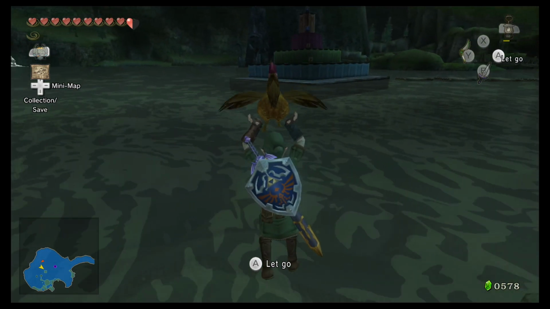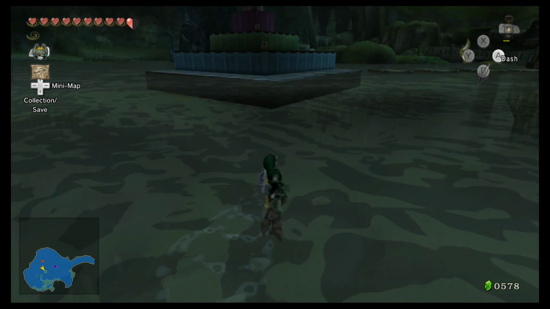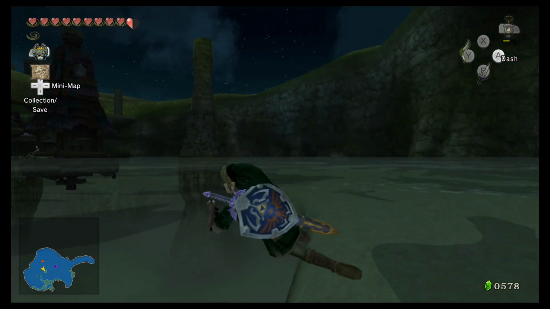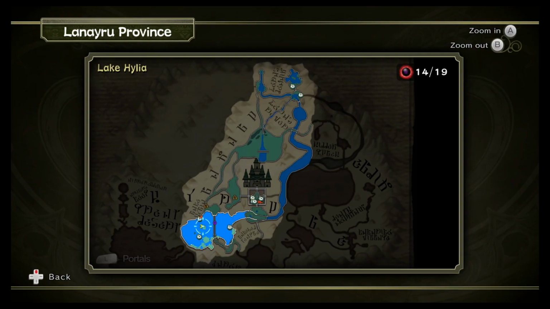But Brownie, this looks like the start of a beautiful friendship. I actually don't see any Poes around here. I think I've actually got all of the Poes in this area. If I go to my map... Well, no, that's not the map. If I go to my map...